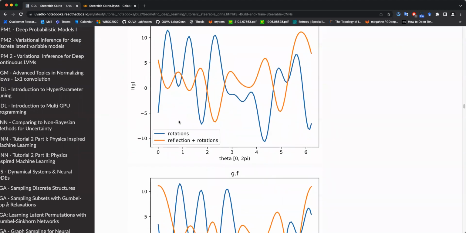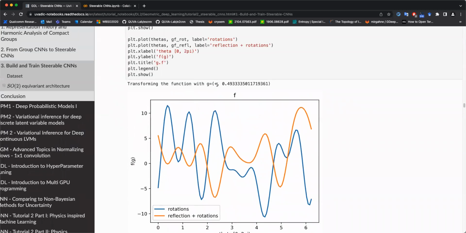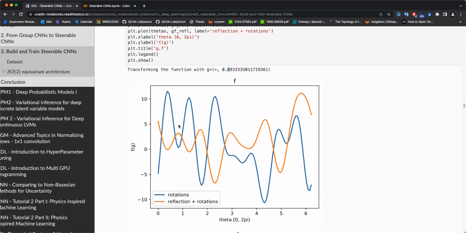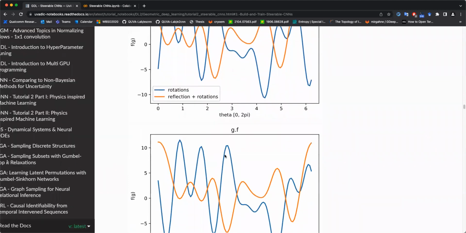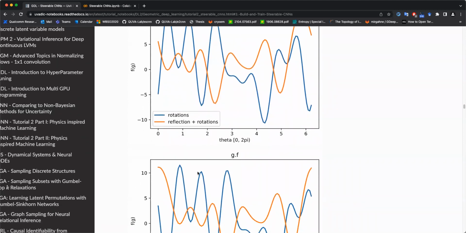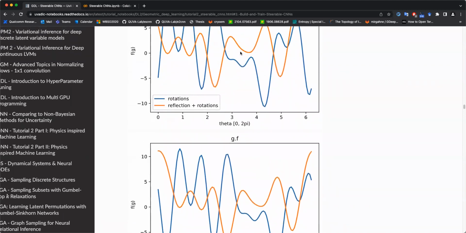This was our original function. This is the shifted one. So the group element is a rotation by 0.49 radians. So it should take this blue function and shift it to the right by this angle. So hopefully this is what happens. You should see that maybe these 3 peaks are moved by about 0.5 to the right. Conversely, the orange one is